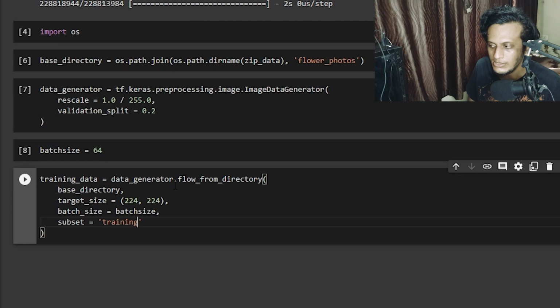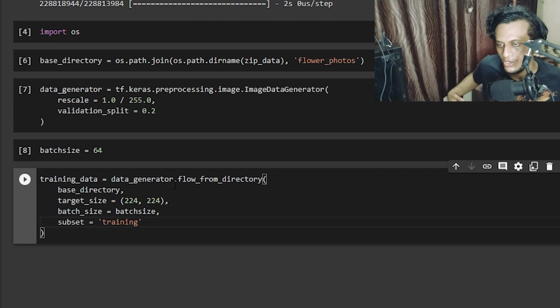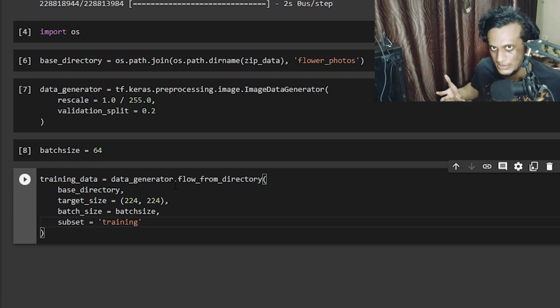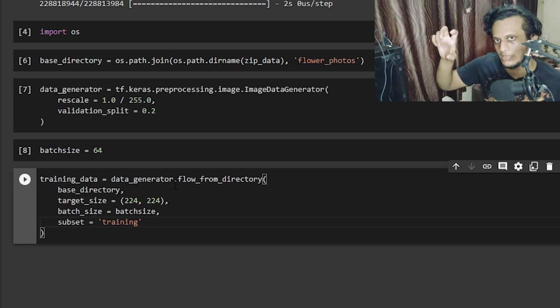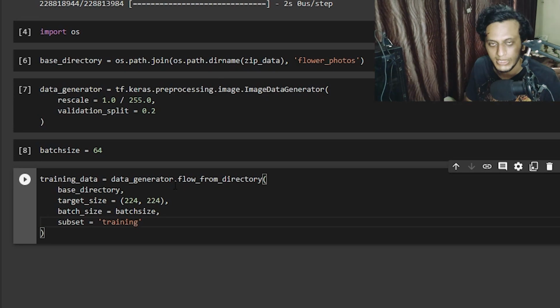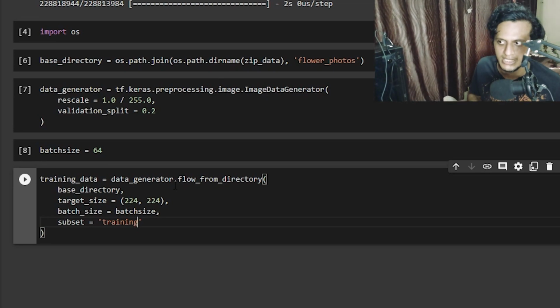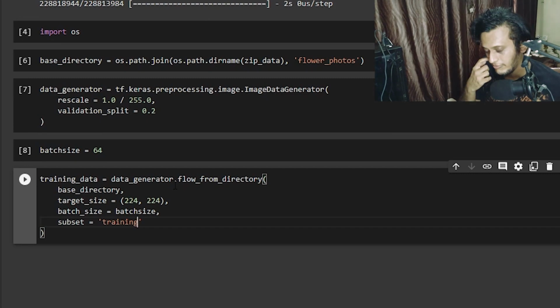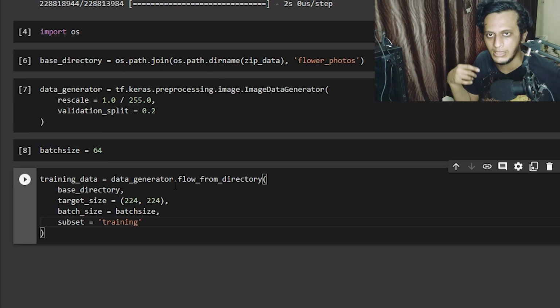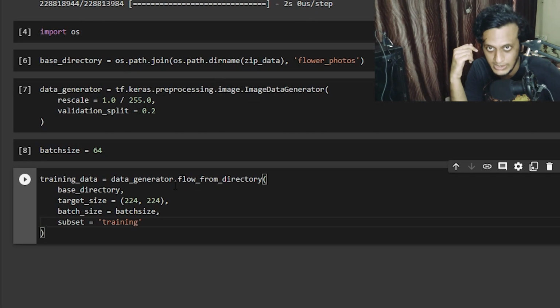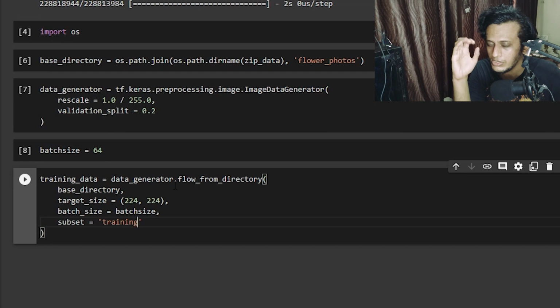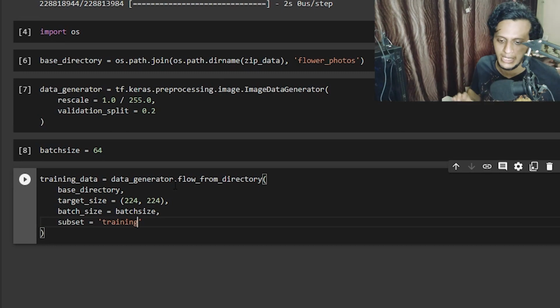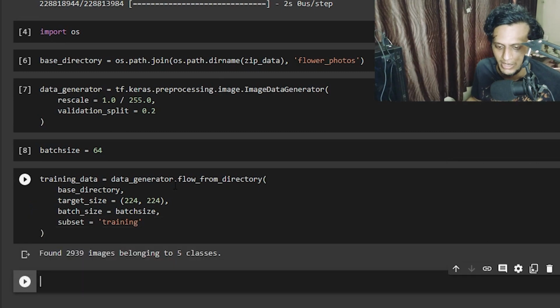And now what is batch size? See, I cannot browse through like 1,000 images very efficiently, so I'm dividing these images into batches of 64. A single batch will be taken for execution every single time by the network, so it makes it very much efficient. And if you are using different optimizers, even if we are sticking with the stochastic gradient descent that we have been doing since many of the last tutorials, this is going to be much beneficial for you. So hands down, I would say please try to use the batch size. Okay, so now I'm running this.